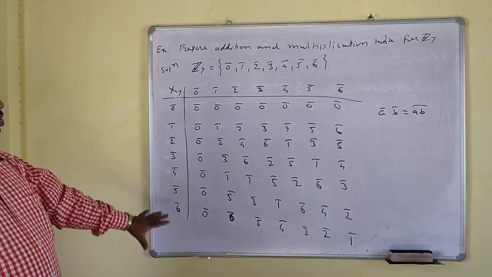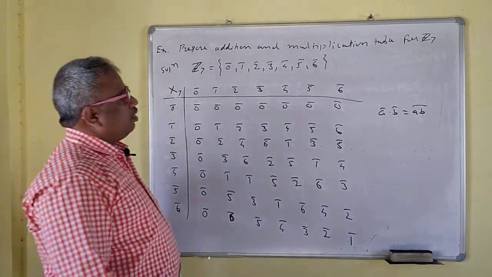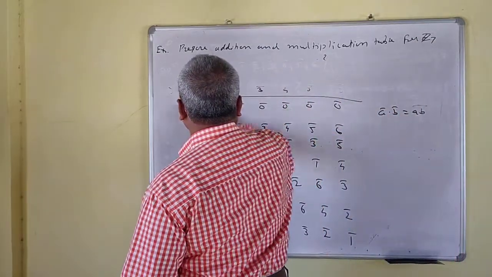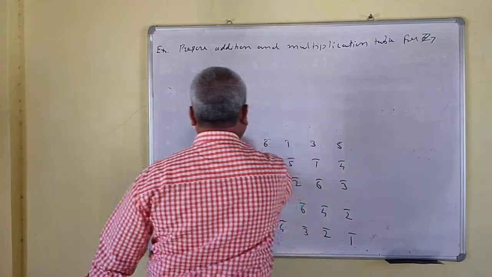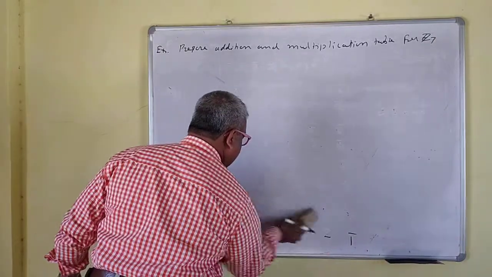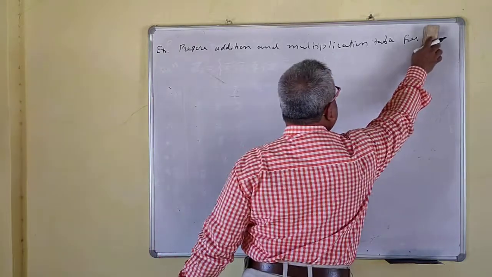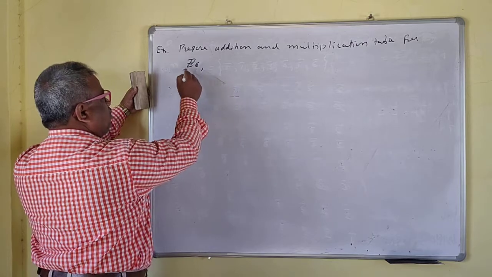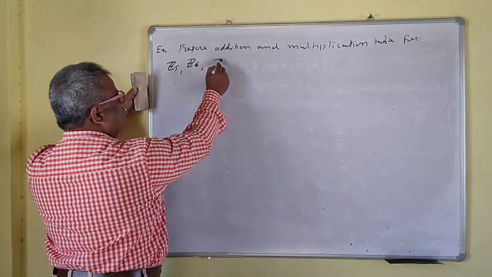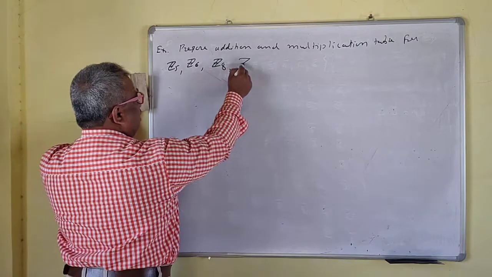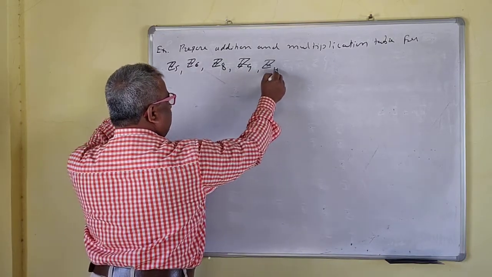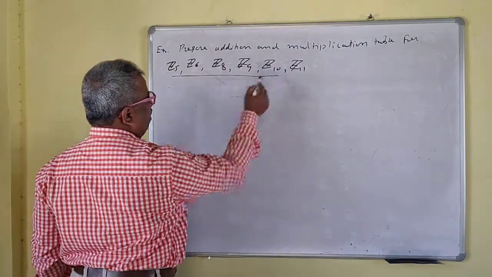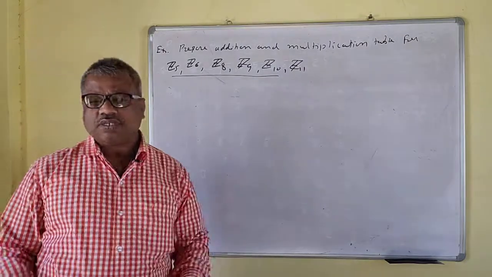So this is the multiplication table for modulo 7. So I hope that this is for exercise. Okay. So do the multiplication and addition table for Z5, Z6. We did this one for Z8, Z9, Z10 up to Z11. Okay. At least do this one, up to 10. At least go up to 10. Okay, so try for Z11 also.